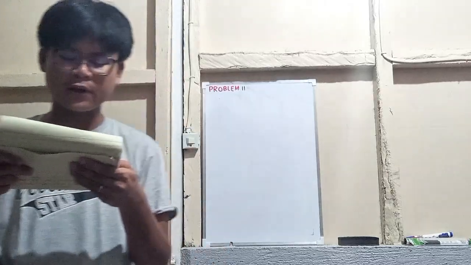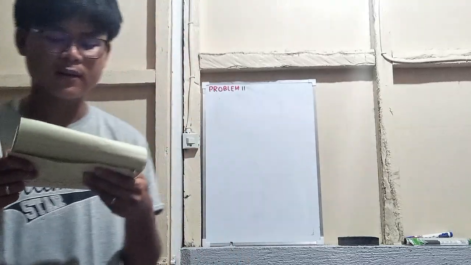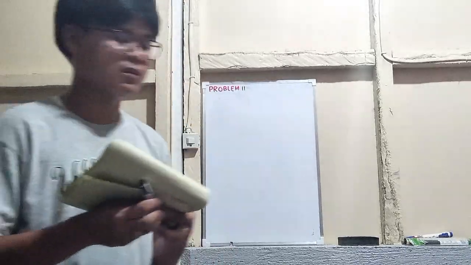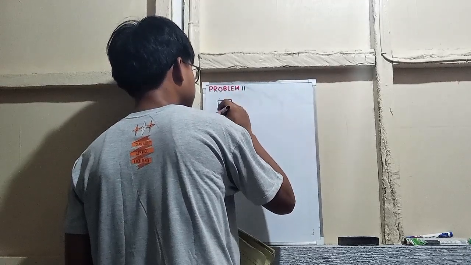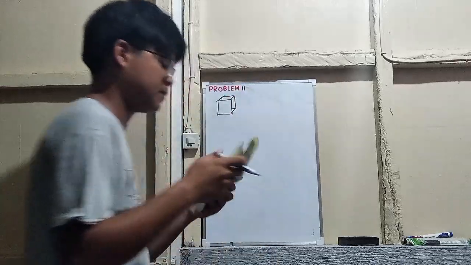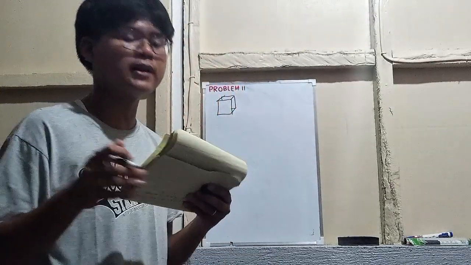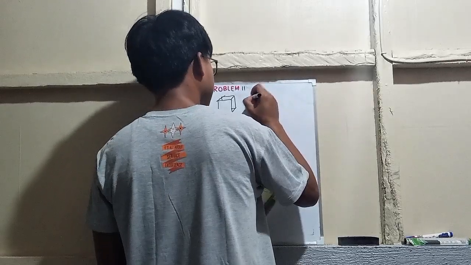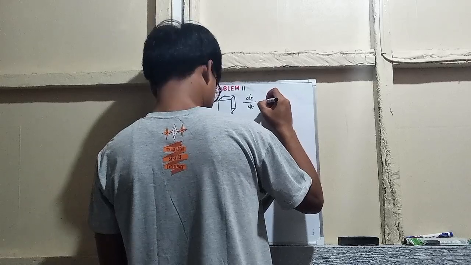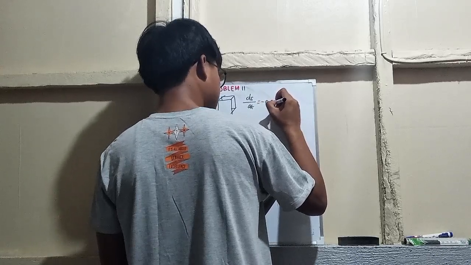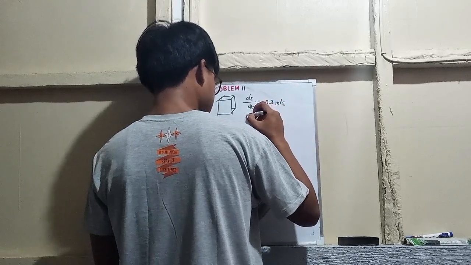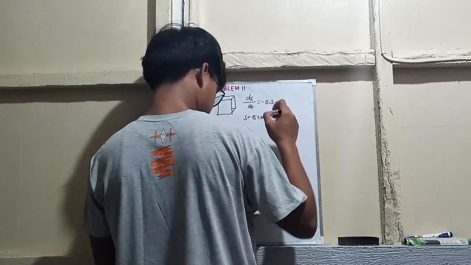The side of a cube is shrinking at 0.3 meter per second. At what rate is the volume decreasing when the side is 5 centimeter? So, we'll draw a cube. Then, we will determine the rate of its volume. So, we'll identify the given ds over dt because of the shrinking cube, negative 0.3 meter per second. And then another given is our side is equal to 5 centimeter.